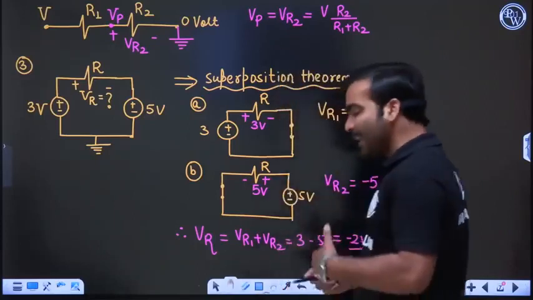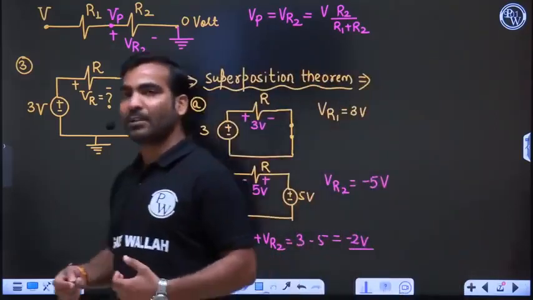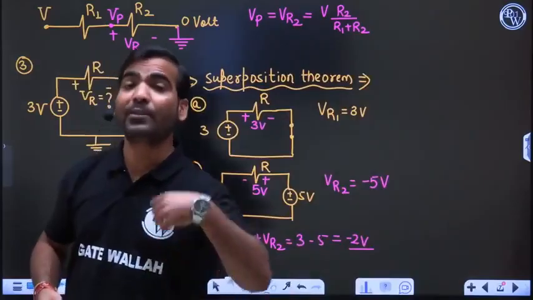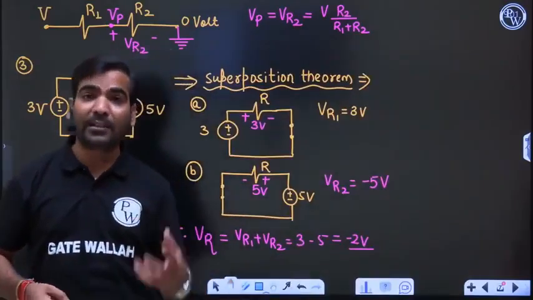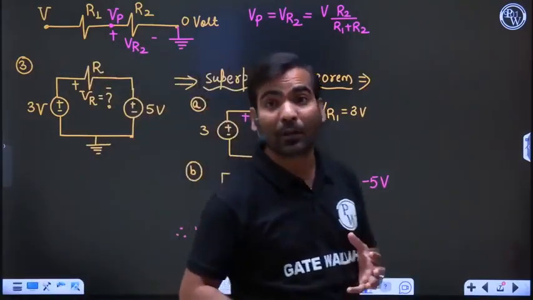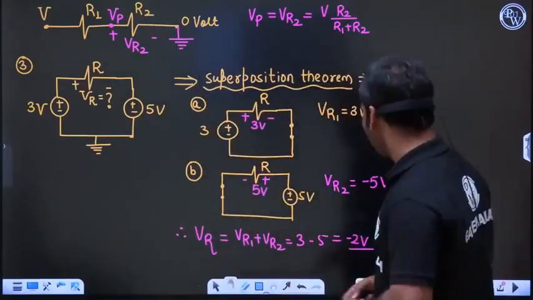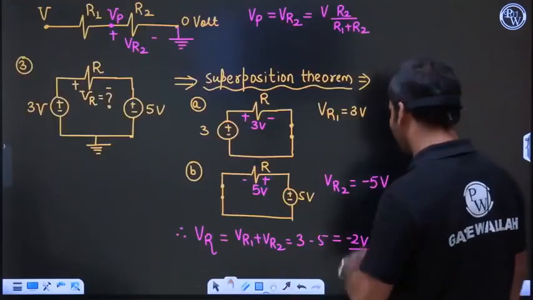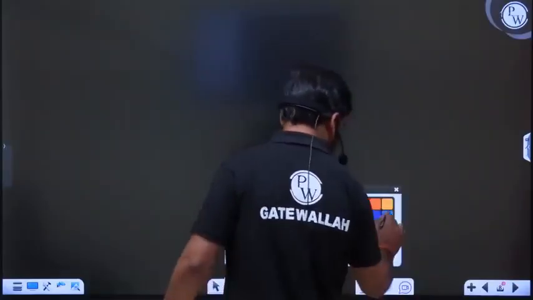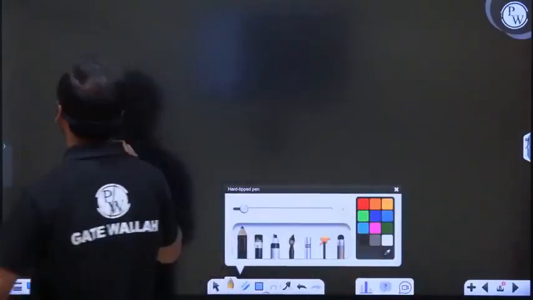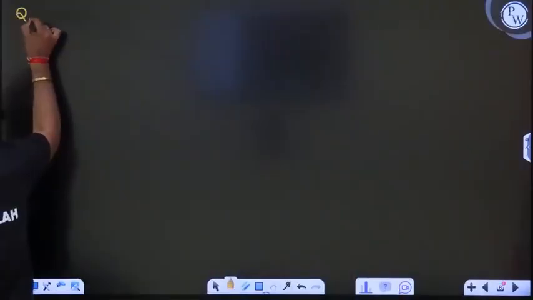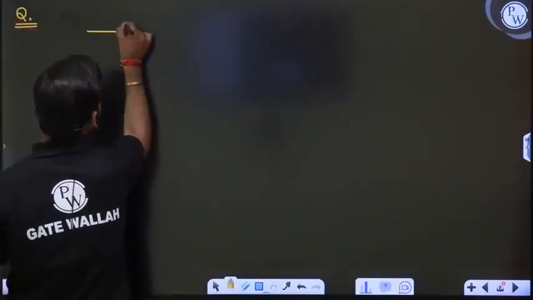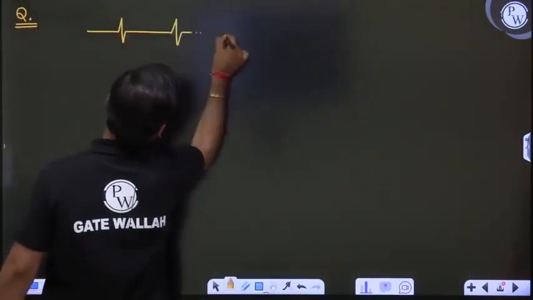So what I am telling is some concepts of network analysis that will be used in this subject, so that other students will be comfortable, those who have not completed network analysis. Next discussion, before going to the diode. Superposition is clear, voltage division is clear. Now my question is this, because this will be used again and again in my subject, and that's why I am discussing all these things.